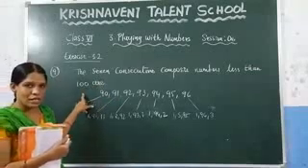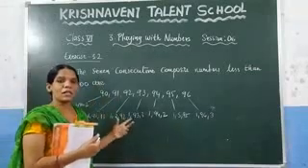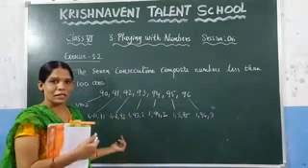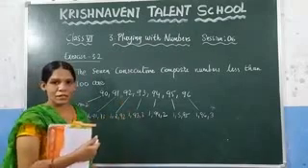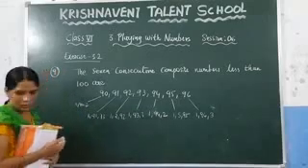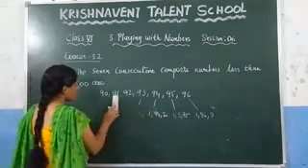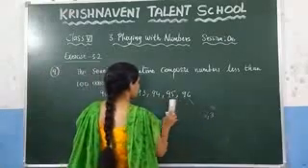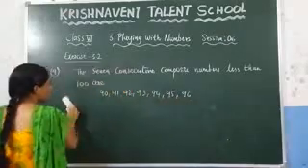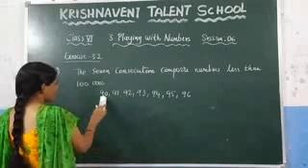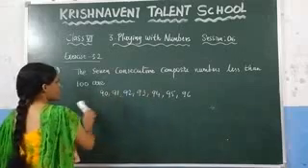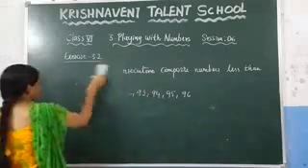So what is the question asked here? You need to write the composite numbers less than 100, and they should be consecutive numbers. This is the answer. What are those numbers? From 90 to 96. Here you can observe that we have written 7 numbers: 1, 2, 3, 4, 5, 6, 7. Now see the next question.